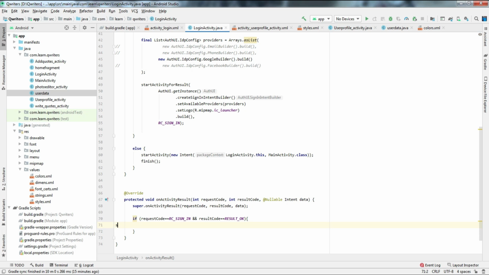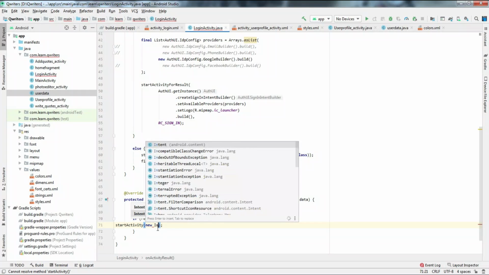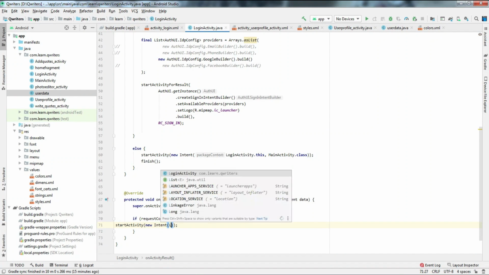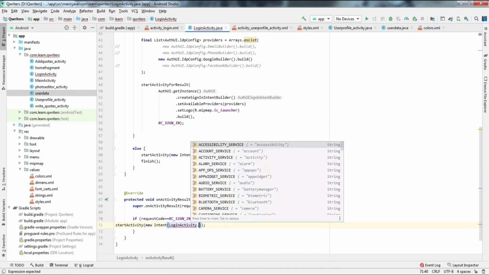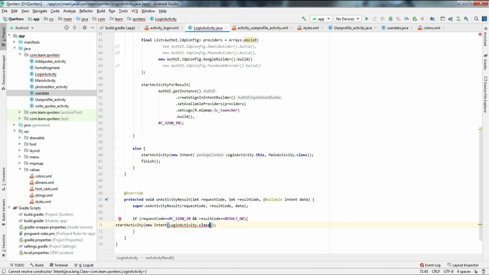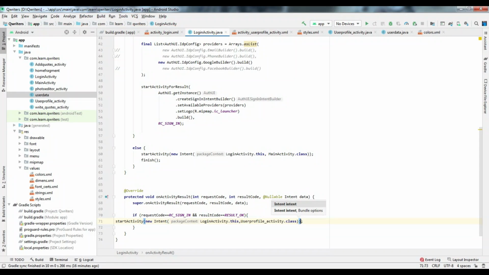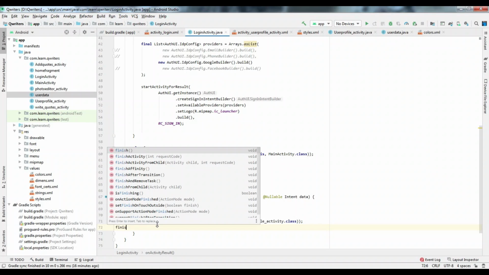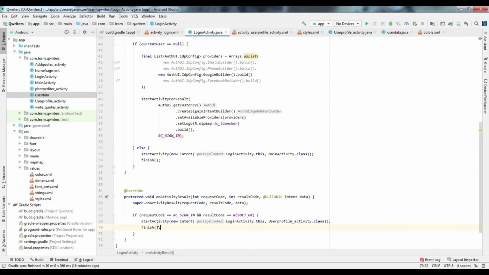So startActivity, we define the intent here, new Intent, LoginActivity dot this comma MainActivity, whichever is our user profile activity, UserClass, and we have to finish this activity. So let's check the code by running.